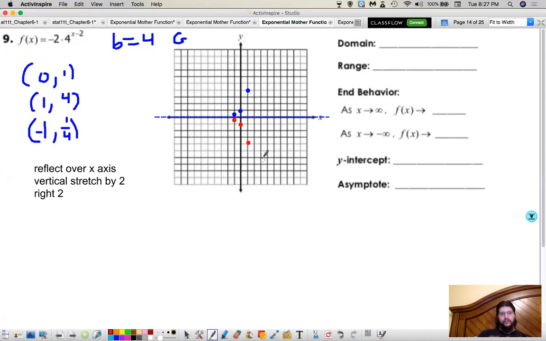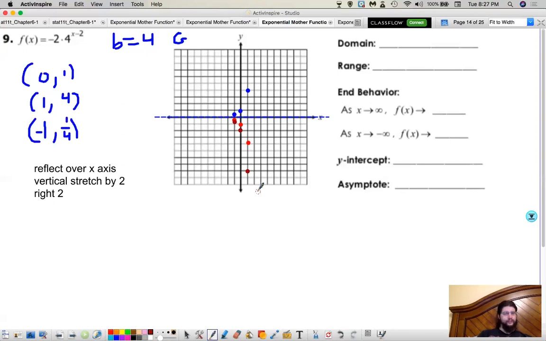Reflect it. Okay, now I stretch the y values by 2. Let's use this nice color here. So this is going to go to negative half, sorry. It's going to go to -2. This is going to go to -8. Wow, really